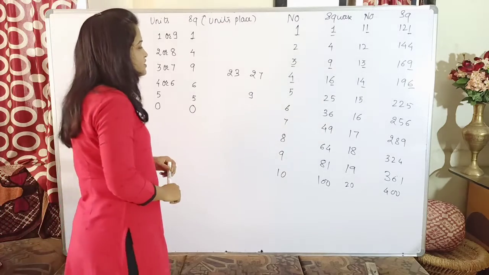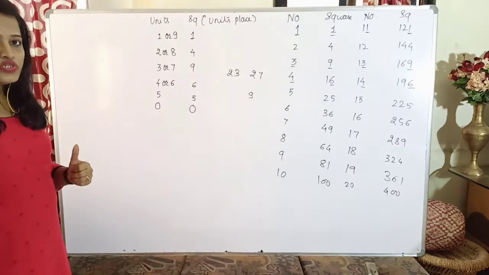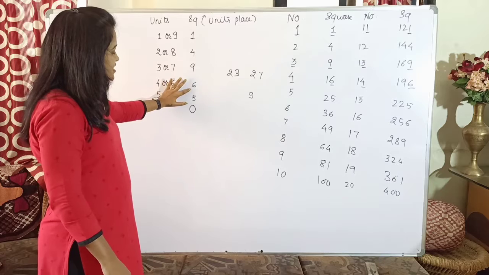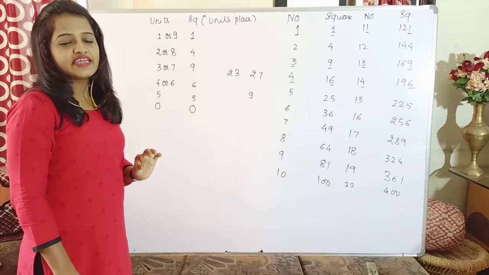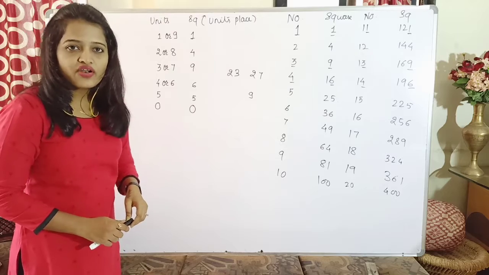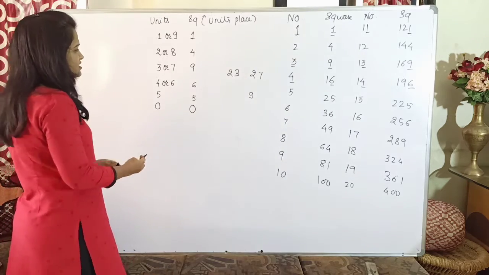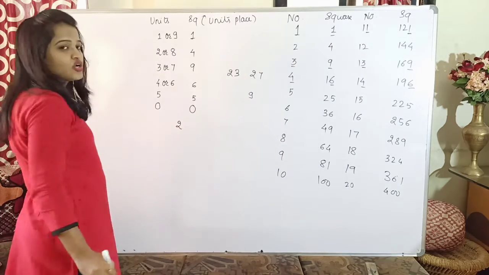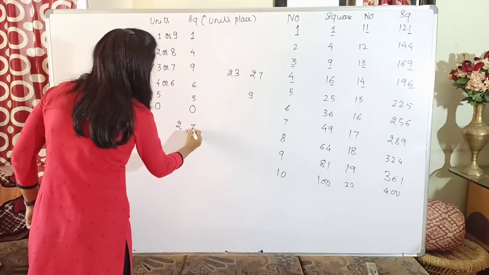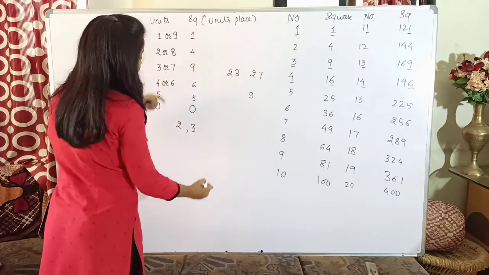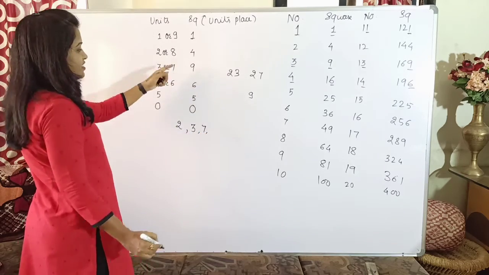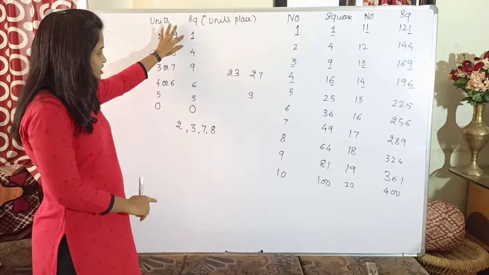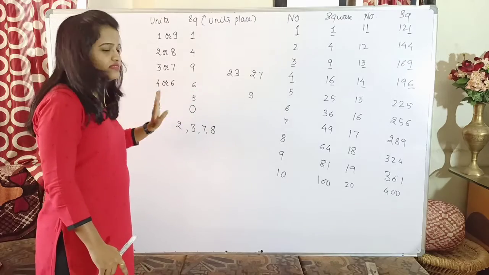Okay, so this becomes the first property which says that the digits 1, 4, 9, 6, 5 and 0 will be occurring at the unit place of the square of the numbers. So what we can say, there are total how many digits? 10 digits from 0 to 9, isn't it? So which digits are not occurring in this table? 2, 3, then 7, and 8 also. Apart from these four, all other digits are here: 1, 4, 5, 6, 9 and 0.